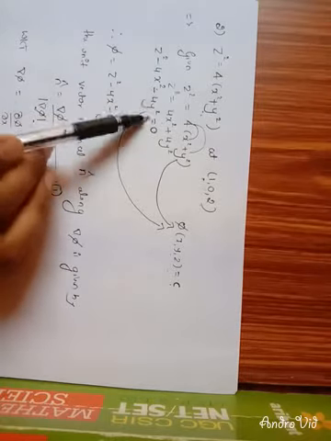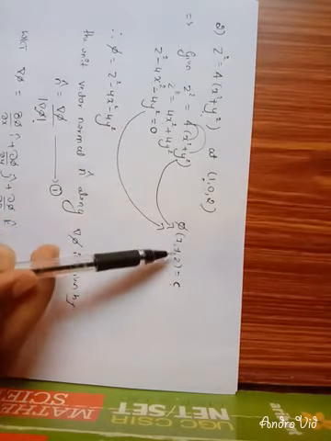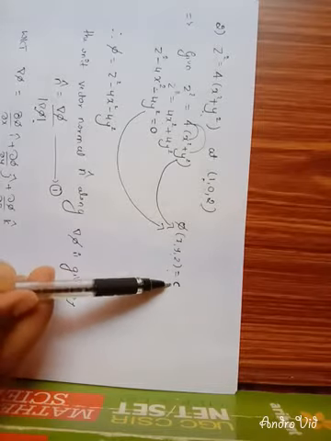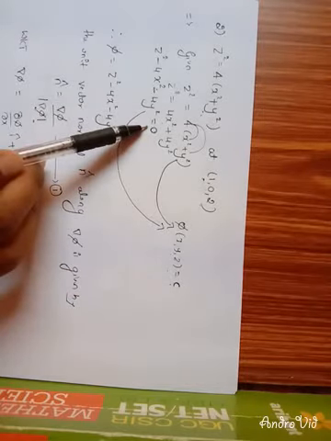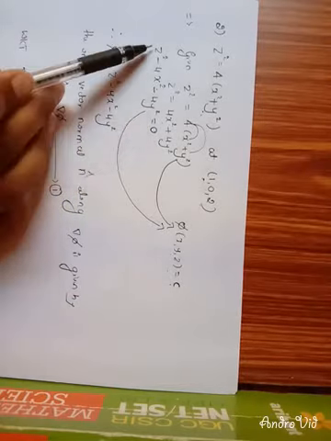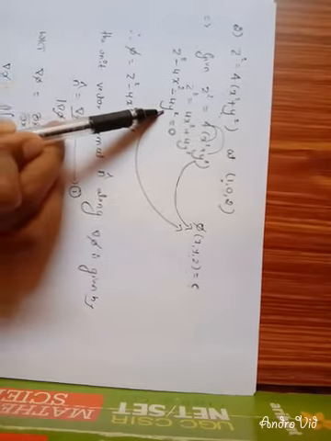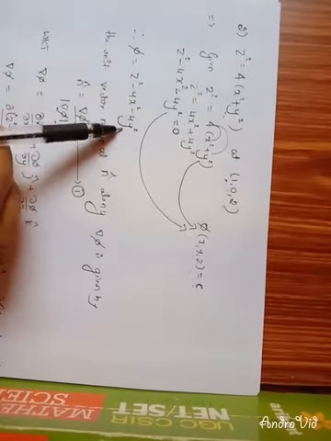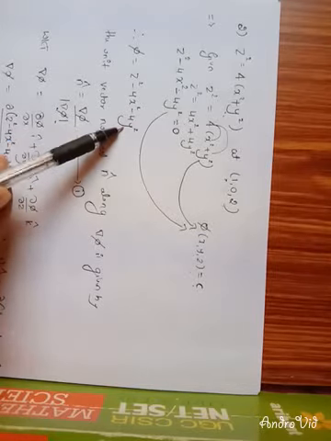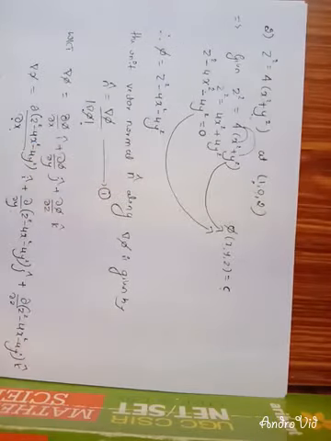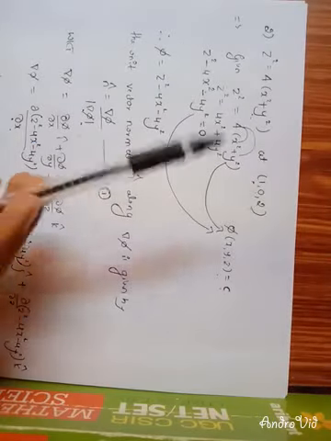is equal to 0. Compare this equation with the general form, phi of x y z is equal to c. Here c is a constant, and the value of c is 0. No need to take that c, we only need the phi of x y z term. Therefore phi is equal to z square minus 4x square minus 4y square. So what is our aim here? We have to find the unit vector normal n cap along del phi.